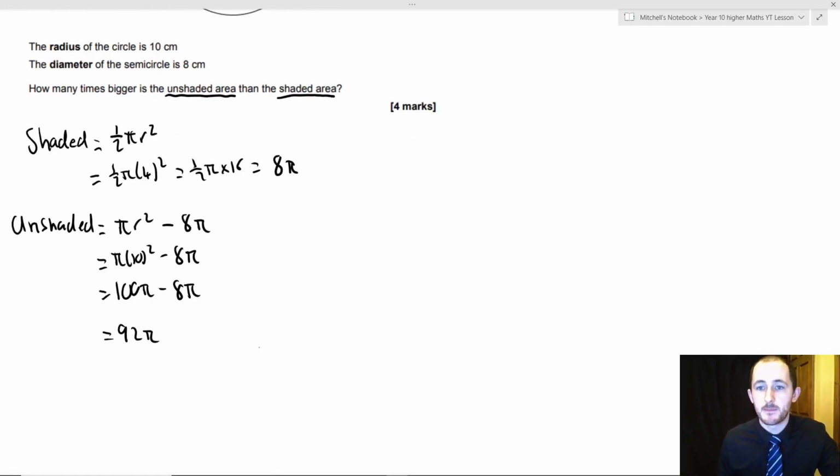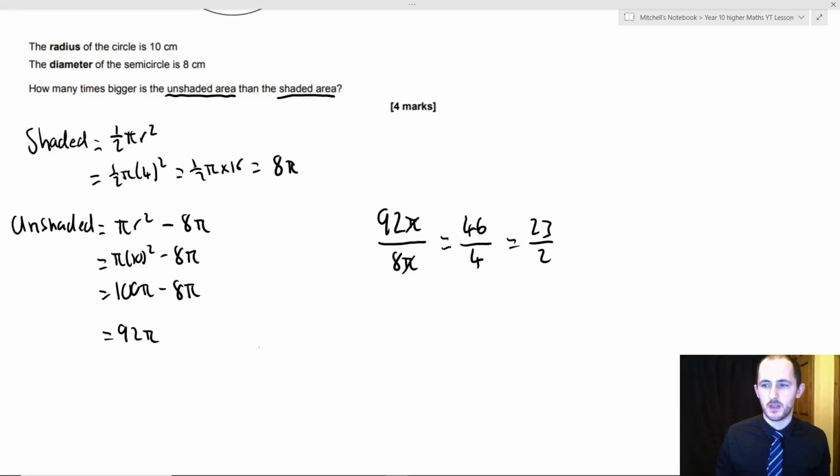Now it says, how many times bigger is the unshaded area than the shaded area? To work this out, I can take the unshaded area and divide it by the shaded area to work out how many times it would fit in. And if you notice, the pi's cancel out. So we can just keep simplifying this, or do whatever you want. If we keep halving it, which is what I prefer to do, 46 over 4. 92 isn't in the 8 times table, that's why I'm doing it in a bit of a different way. Then we have 23 over 2. 23 over 2 is 11.5